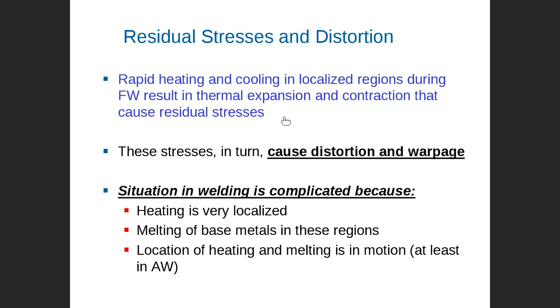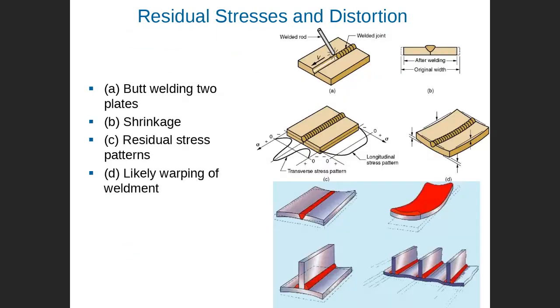So thermal residual stress increases in this area, and this causes distortion and warping in the part, because the heat is very localized, melting the base material exactly in the welding region, and this leads to distortion